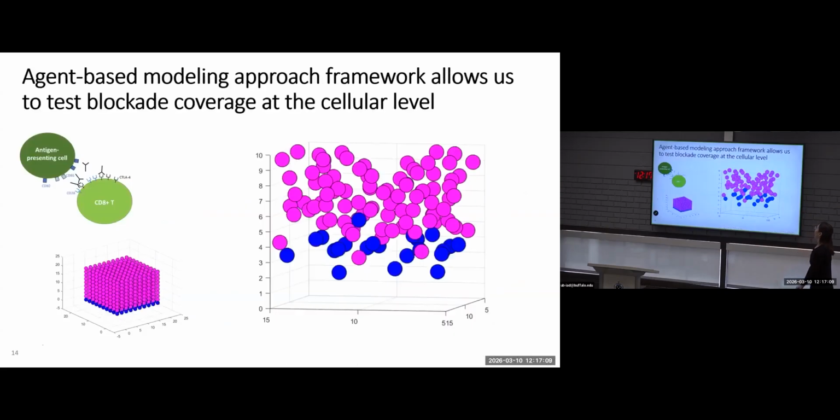All right, so shifting gears a bit, now that we've talked about some immune dynamics at the whole tumor level, we're going to zoom in a little bit more to an agent-based model discussing some of these behaviors now at the individual cell level. We talked theoretically about what the average T cell needs to look like, how covered its off switches need to be. But then how do those dynamics play out when we zoom in?